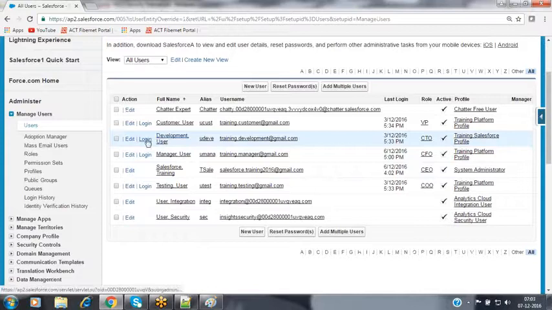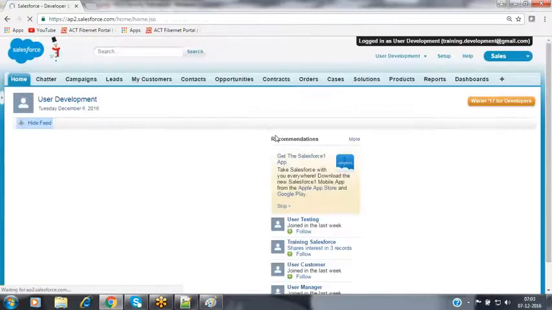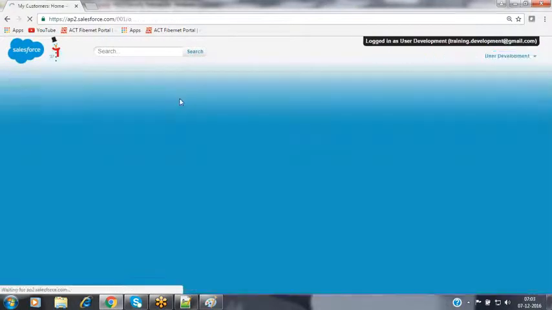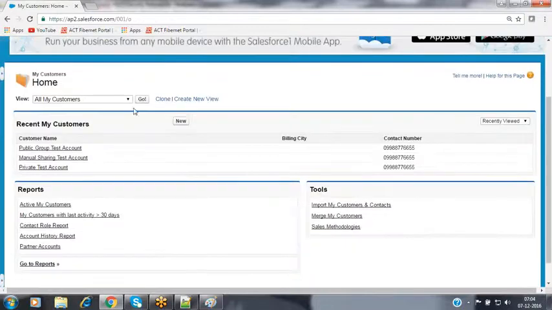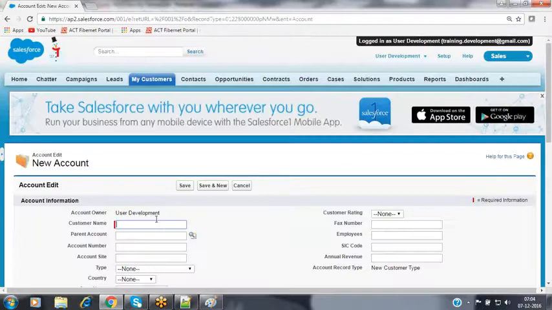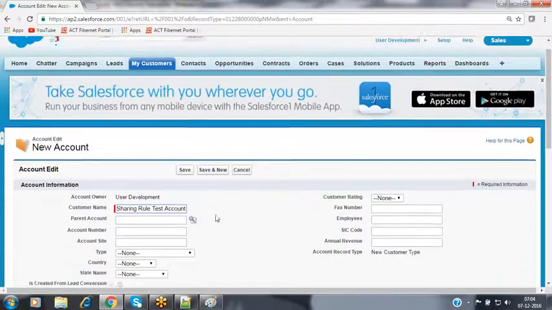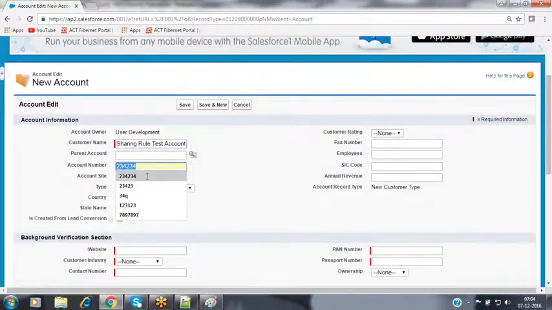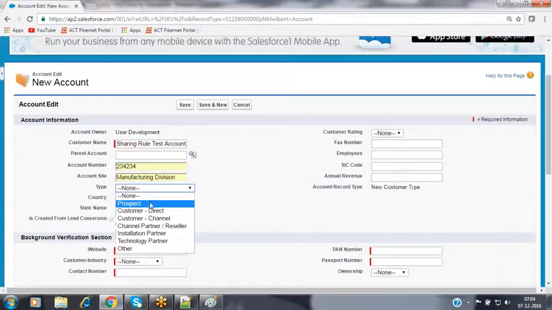Log in as the development user, go to my customers, create a new record right now, click on continue. Sharing rule test account. I'm entering the required values to create this account record.